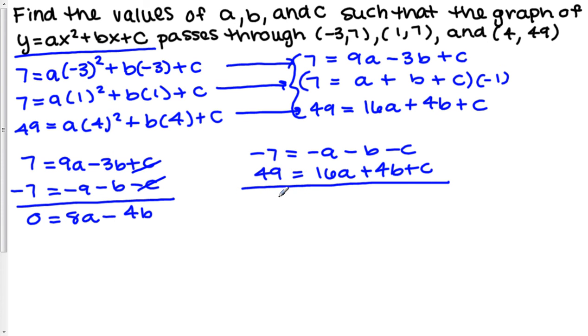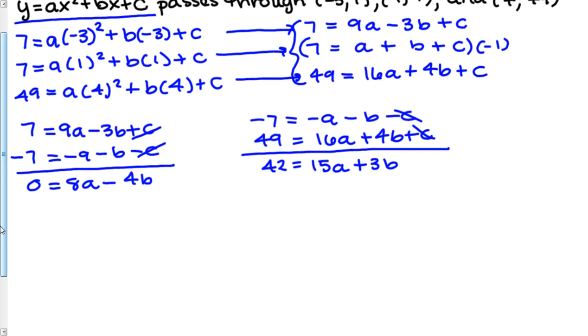49 minus 7 gives me 42. 16a's minus 1a is 15a. 4b minus 1b is 3b. C minus c, goodbye, they canceled out. Now I'm going to solve for either a or b. So on this one, I would say that b is easier to get by itself or to eliminate, just because